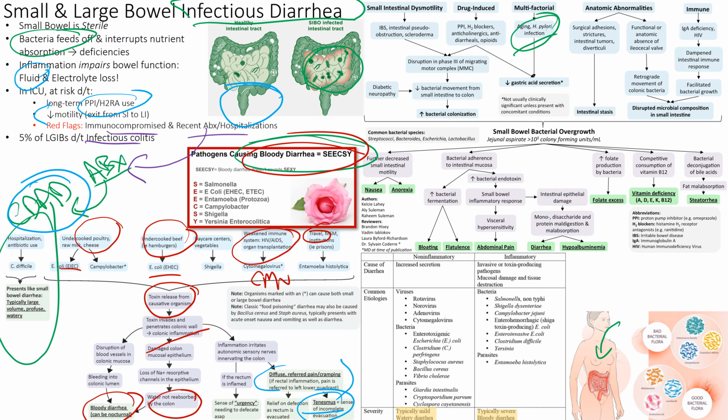All right, so back to small bowel issues, right? So we have decreased gastric acid. There's immune reasons. We have dysmotility, where our small bowel is not going as fast as it should, such as with diabetic neuropathies. We have IBS, other reasons why we might have an overgrowth of bacteria in our small bowel, right? So that can then lead to bacteria growing more, but also the bacteria can translocate from the bowel into the systemic circulation, especially if we have defenses that are impaired,